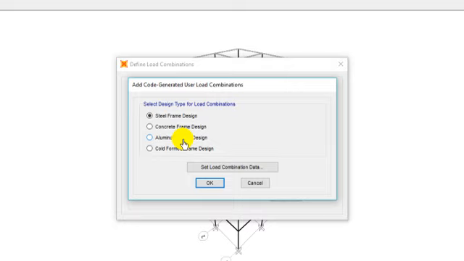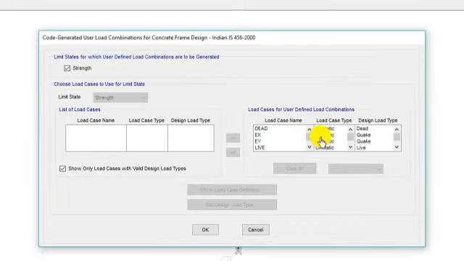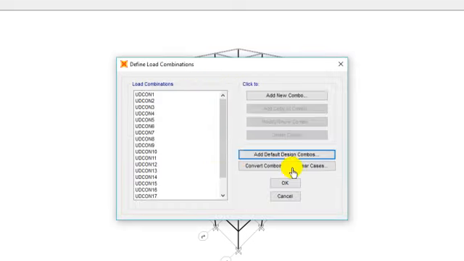Load combination, add default concrete, check dead load, EX, EY, live load, RSX, RSY. Okay, fine. Click OK. So you will get a number of load combinations.